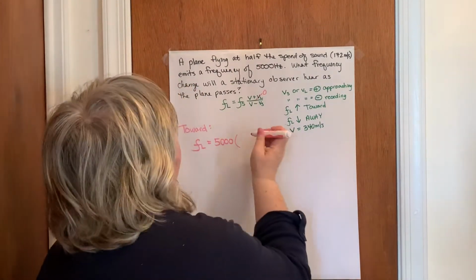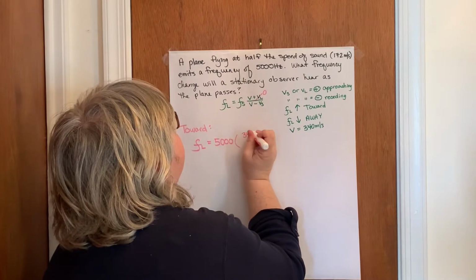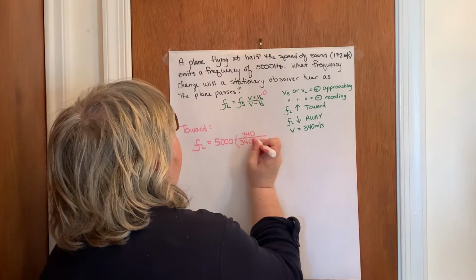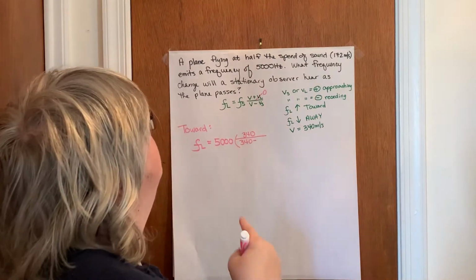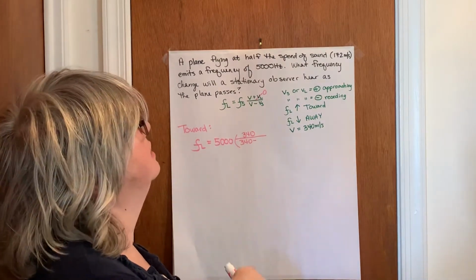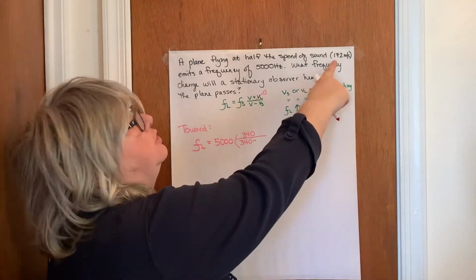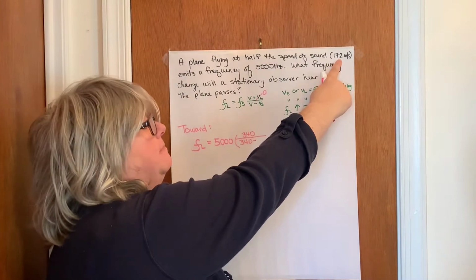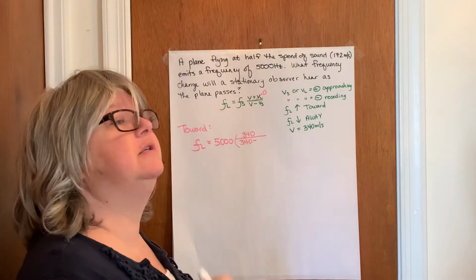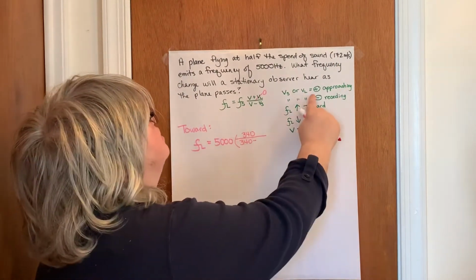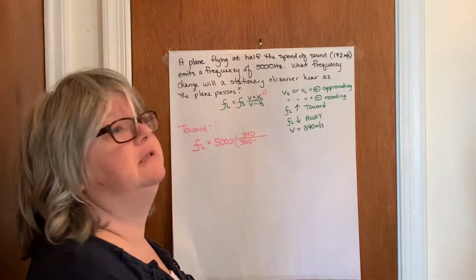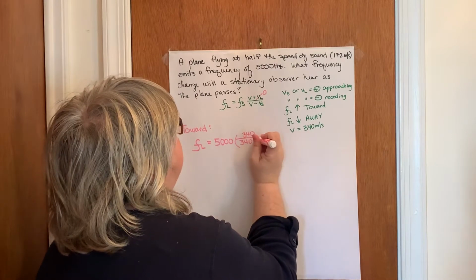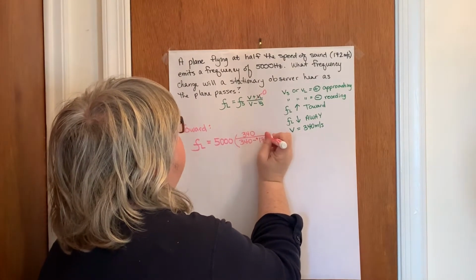So that's 340 divided by 340 minus the velocity of my source. We're told that our source was moving at 172 meters per second. Initially, it is approaching us, so it is going to be positive. So I'm going to say minus positive 172